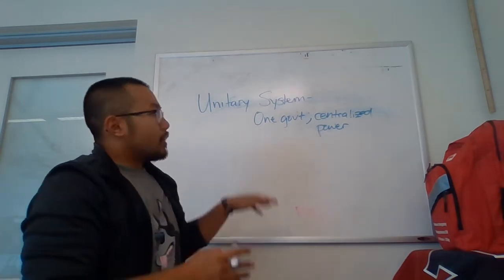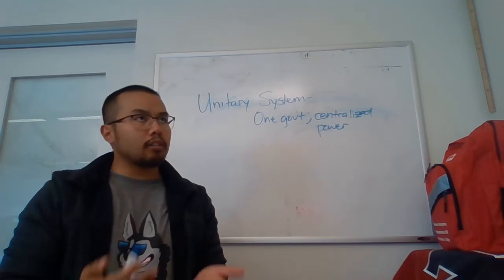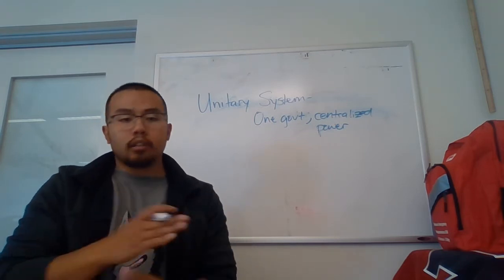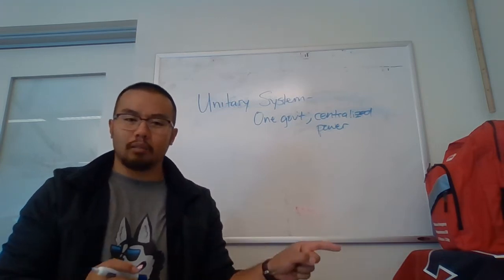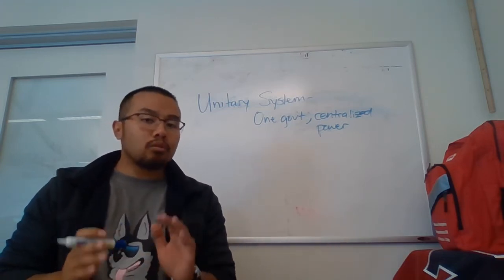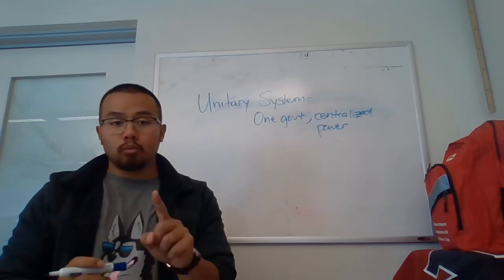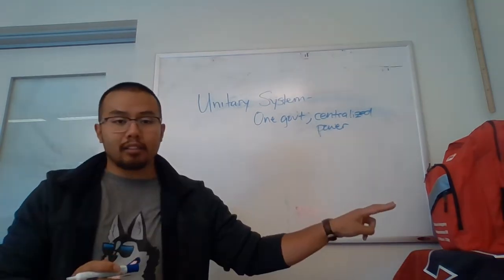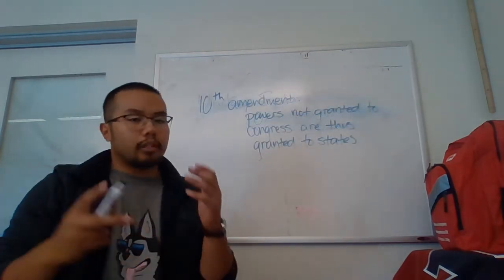An example I give to students to make it more relatable in school is imagine if I and all the other teachers made none of the rules, and only Miss Ching and Miss Riley made rules, okay? As you can imagine, if they were the only ones making rules, one classroom would be almost exactly the same as another classroom, okay? That's what the unitary system is. The next thing I want to go over is the 10th Amendment, okay?